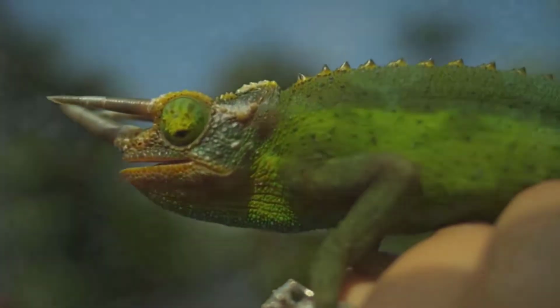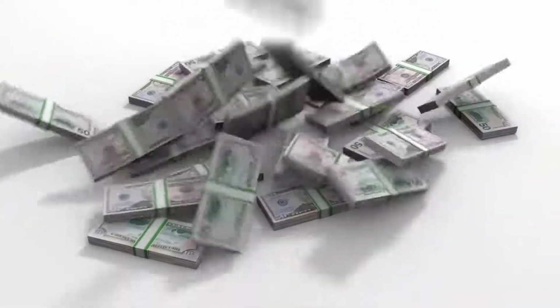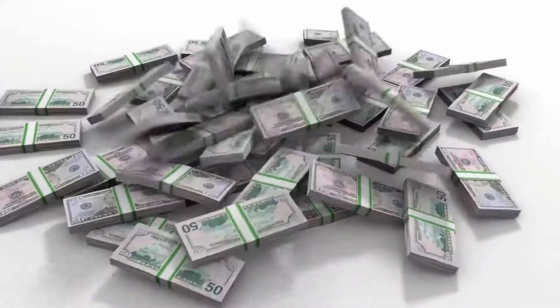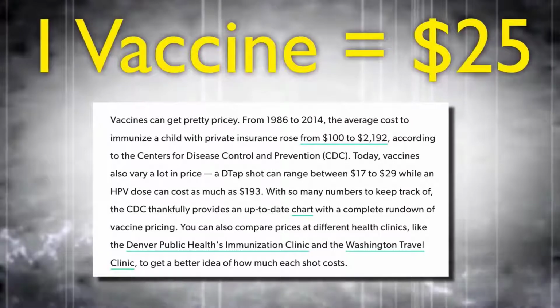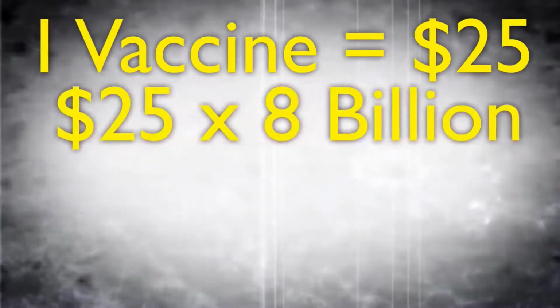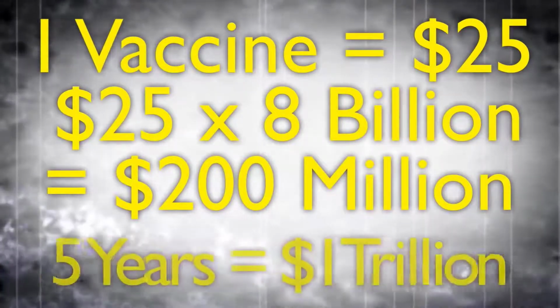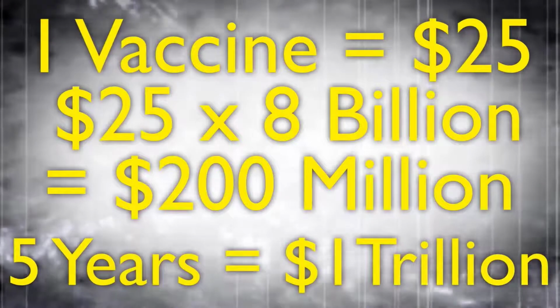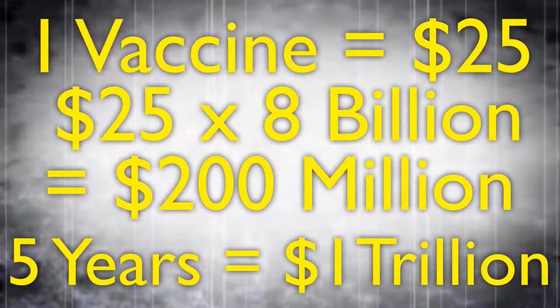It's about money, potentially $1 trillion. And that is not an exaggeration. Let's look at the math here. Suppose the average cost of a vaccine is $25, not very much. I think we could all agree that is reasonable. Now let's say you mandate every person in the world has to take the vaccine yearly, and that's not that far-fetched. Over 5 years, the company that wins the patent for this vaccine would cash in over $1 trillion at